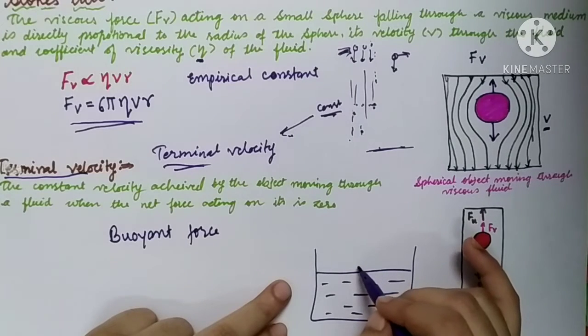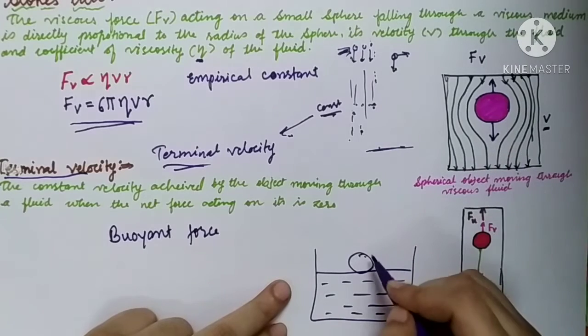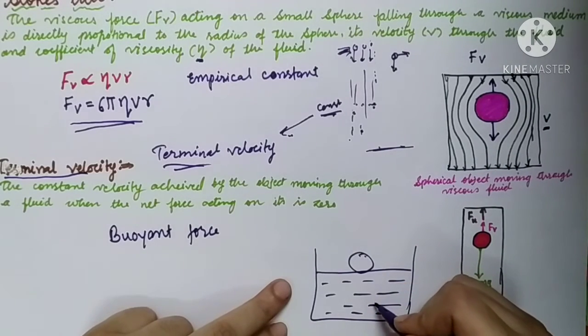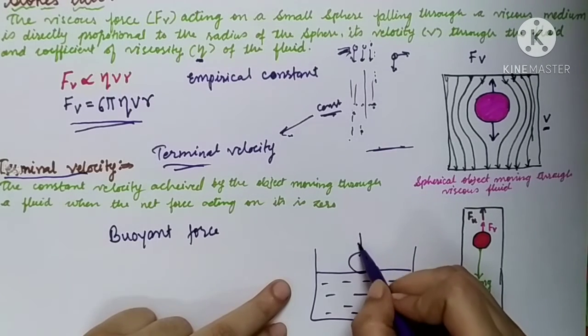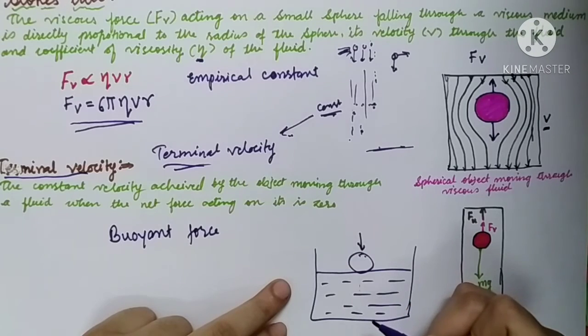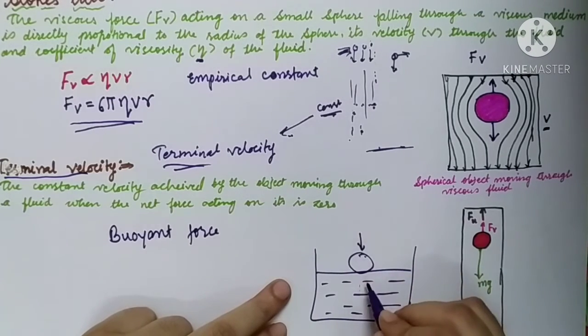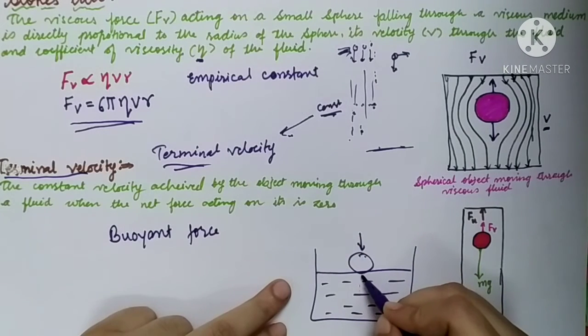Then take one object. Let us consider one object which is of any shape, and the density of this object is quite low as compared to the density of water. And what you will do is try to push this object inside a liquid, inside the water. Let's push it. When we push it with the help of our finger, we will find that it will move down.